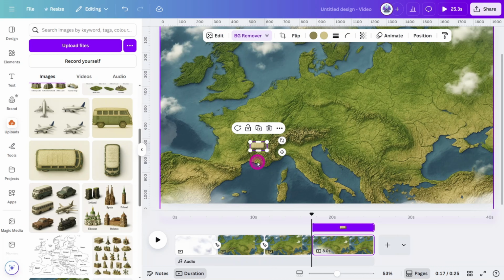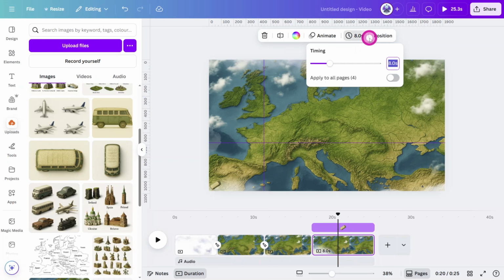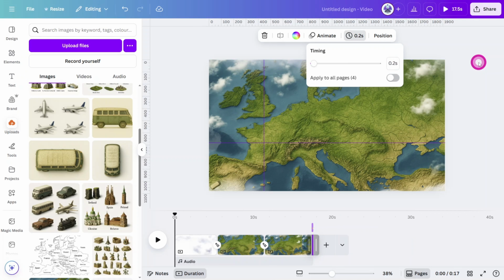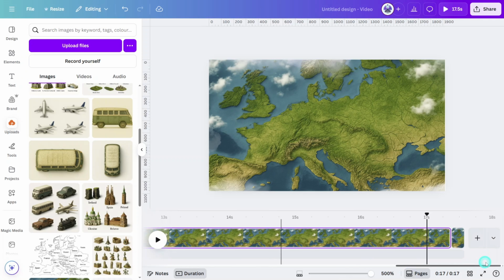Position the vehicle at the start of your route, and we're ready to start animating it using a stop-motion method. It's a good idea to find the rough destination for your landmark at this point to make the route more clear as we go through the stop-motion process. Set the page duration to 0.2 of a second to activate the stop-motion process as we move through the European